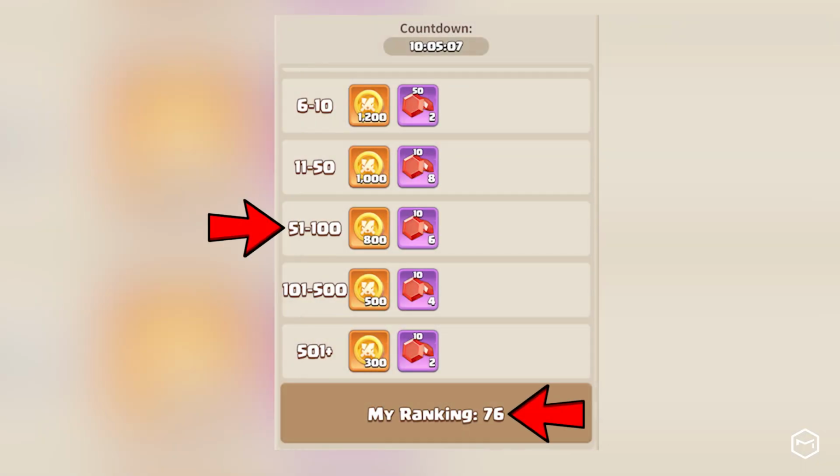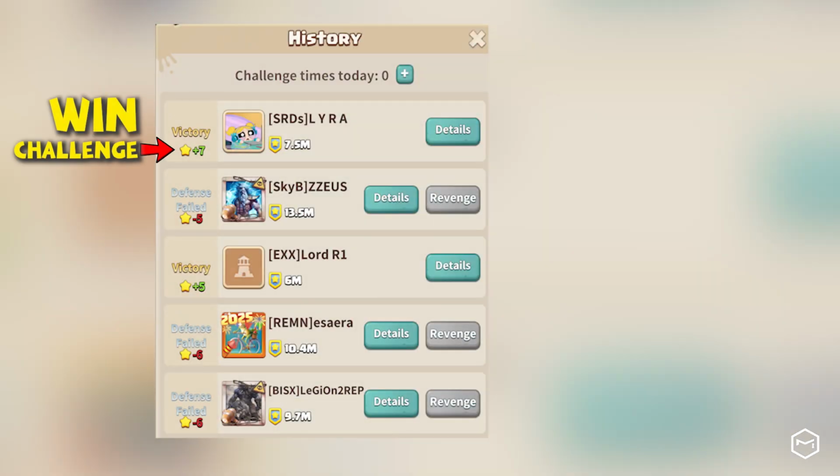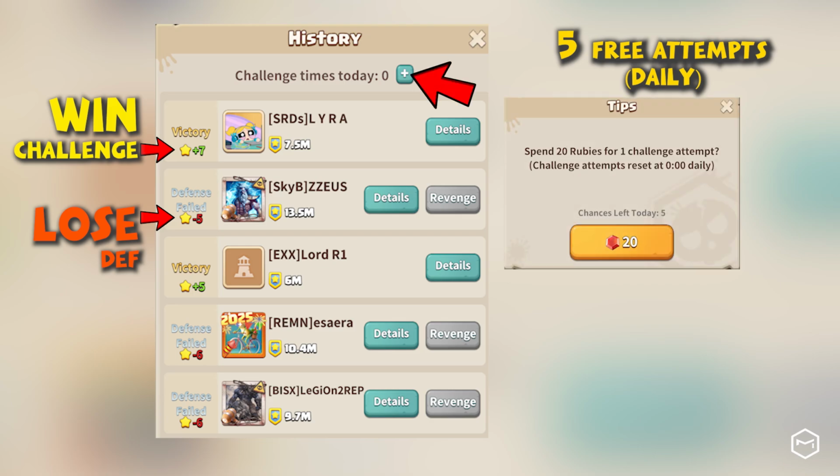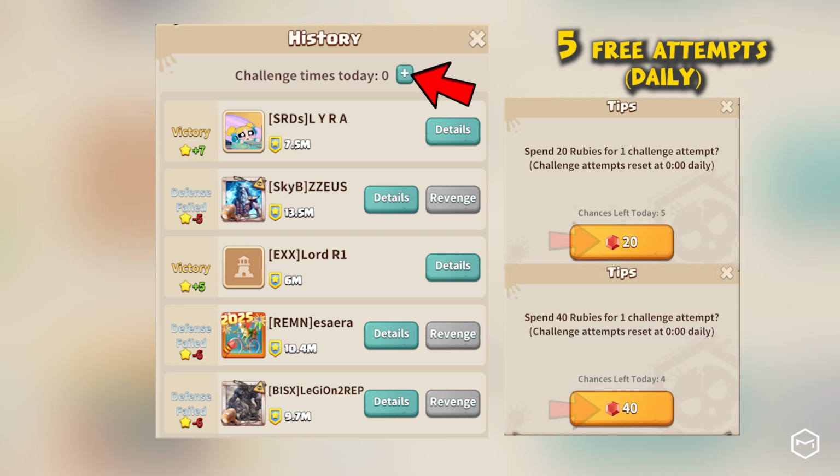Rewards are distributed based on your ranking at the end of the countdown. You must accumulate arena points by defeating other players in arena challenges to improve your rank. If you are defeated, you will lose some arena points. You have 5 free challenges each day, and you can buy additional attempts using rubies. Keep in mind that the cost of extra attempts will increase with each purchase. Additionally, your chances will reset after the timer ends, so use all your challenges before that time runs out to